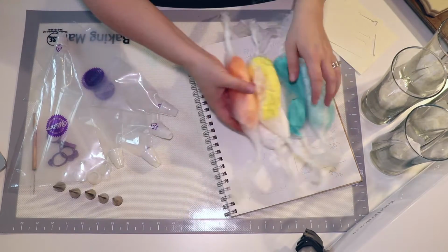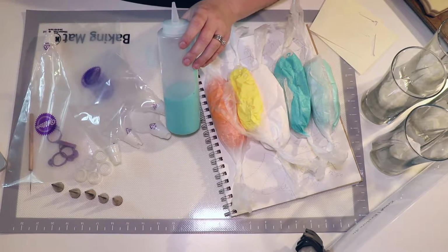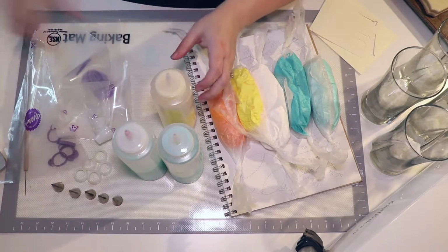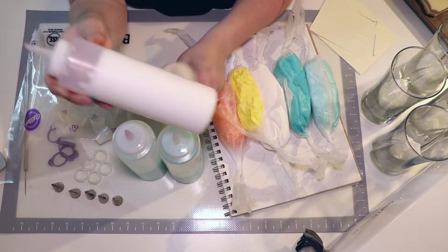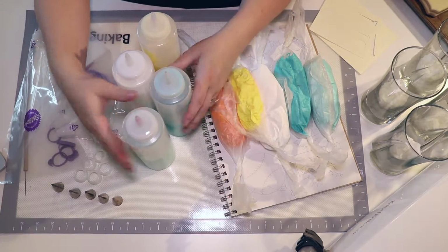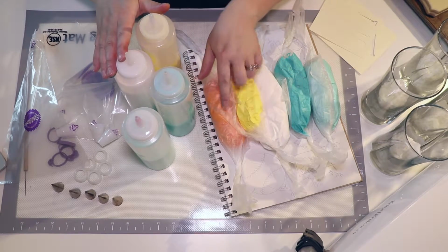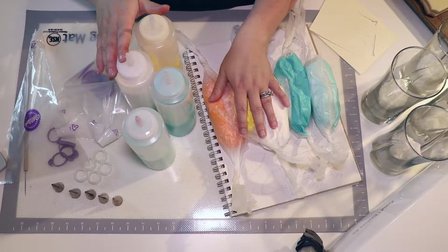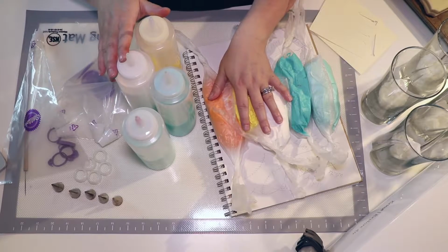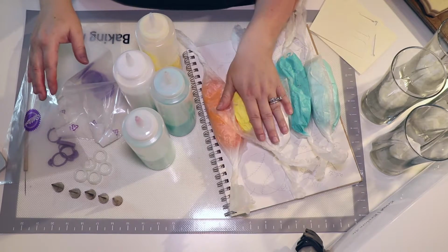Let me talk a little bit about icing consistencies, because this is not my only icing. I also have some squeeze bottles over here of some of the colors. Well, all of the colors except for the coral. So I've got a big bottle of white, some of the yellow, and then both of the turquoise shades. They are the exact same batches of icing, they are just different consistencies. This icing in the bags is a piping consistency. It's quite a bit thicker, so it will really hold its shape whenever you pipe it out. I use this to outline the areas that I'm going to fill in, but I also use it to pipe